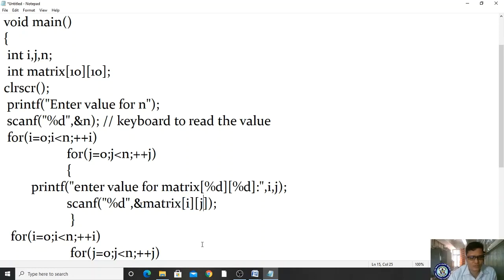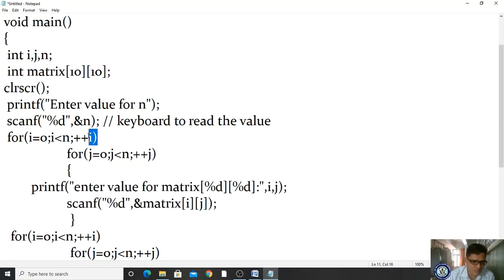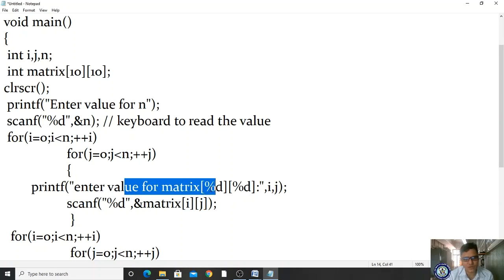Got it? So afterwards it will come here, j incrementation, j plus plus, it becomes 3, 3 less than 3, condition false, it will skip. If it skips it will come here. Now i becomes 1, 1 less than 3, condition true. Once again it will enter the inner for loop, j is equal to 0, j less than 3, condition true. Once again it will ask to enter the value for the 1 0 location. For example, please observe here: 3 rows, 3 columns.